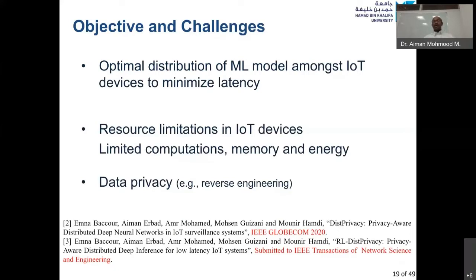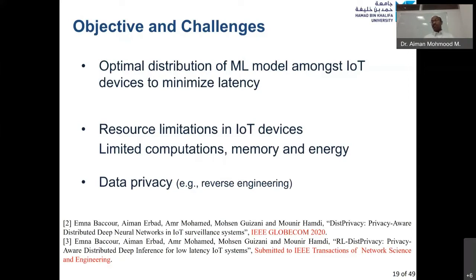And in addition, we are adding this constraint of being privacy aware. So we are looking at a specific attack, an inversion or a reverse engineering attack, where we want to avoid that the intermediate IoT devices used for the inference, which are not trusted, will have access to the input data,